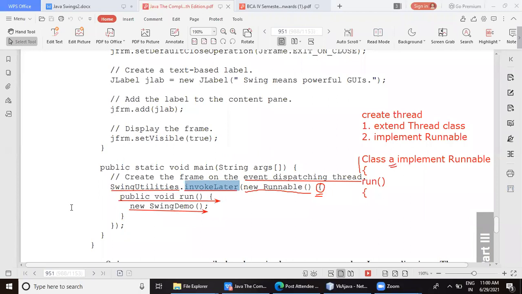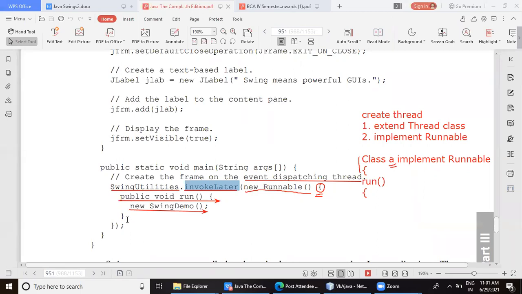SwingDemo. So I could have said SwingDemo obj equal to new SwingDemo. So that object anyway, I'm not using to call any of the methods. Directly, I'm just going to say new SwingDemo. The moment I say new SwingDemo, what happens? The constructor will get called. Now that constructor will automatically get called and then it will create a frame with a label on it.